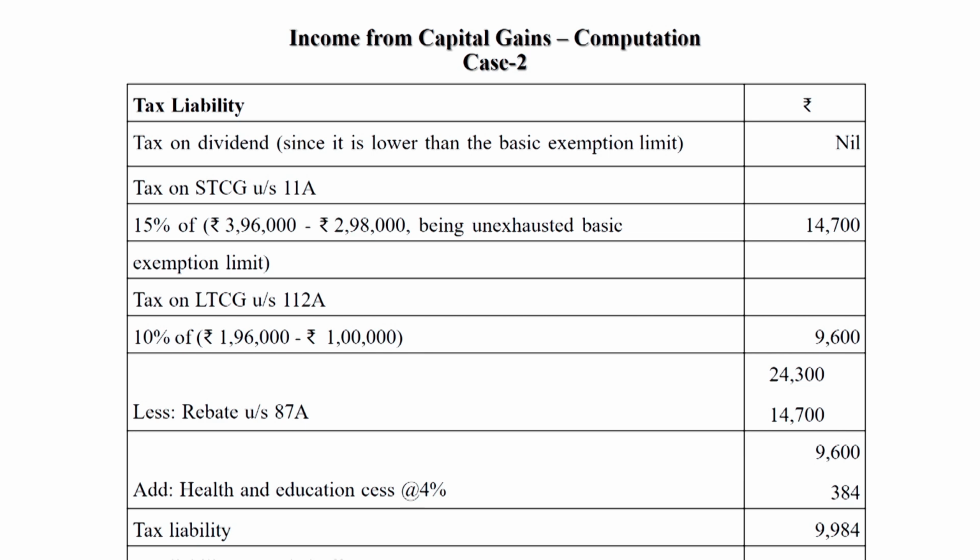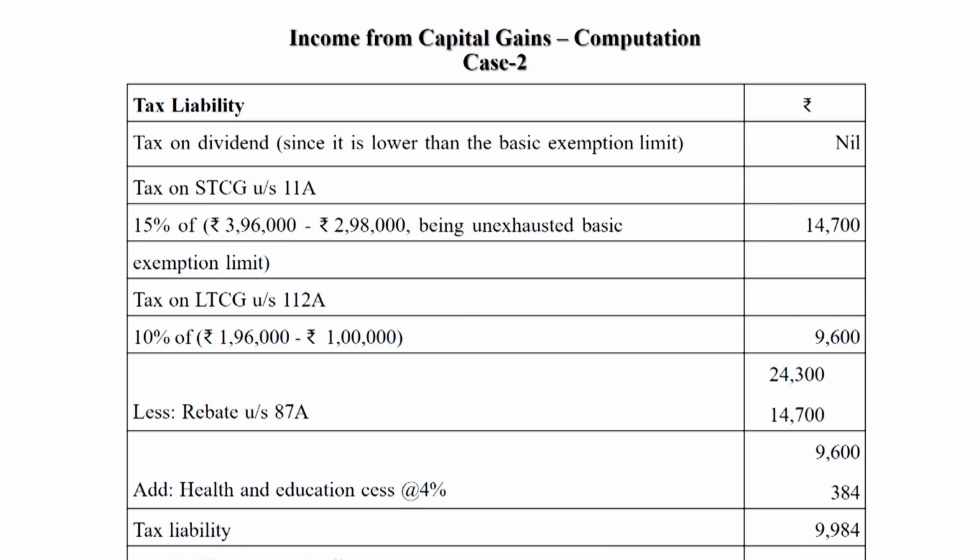Tax on short term capital gain under section 111A at the rate of 15% of rupees 3,96,000 minus 2,98,000, being the adjusted basic exemption limit, will be 14,700. And tax on long term capital gain under section 112A will be 10% of 1,96,000 minus 1 lakh, which is 96,000. 10% of 96,000 is 9,600, and the total amount of the tax is rupees